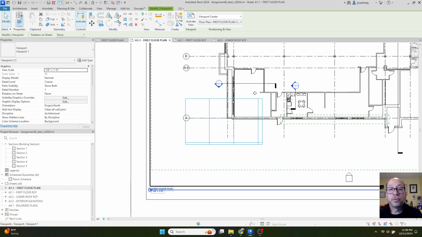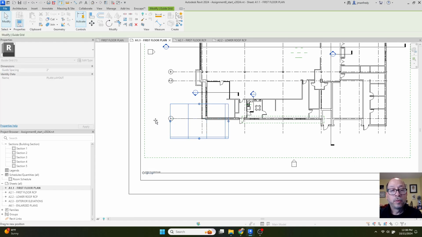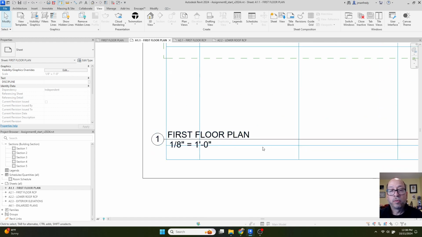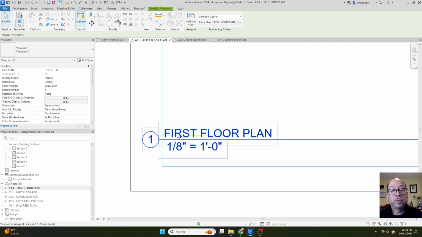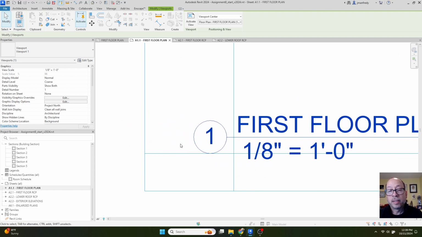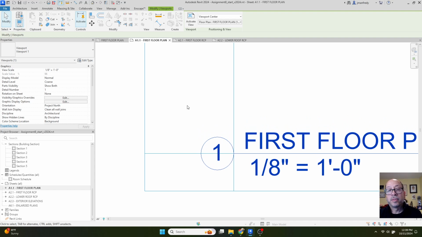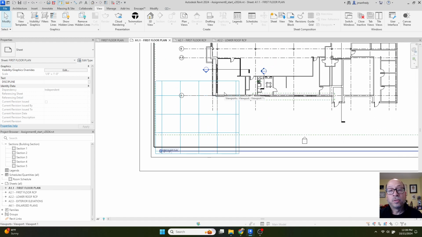So the idea is to get the floor plan in alignment with the guide grid. And I'll also take it one step further, and I'll use it to locate the title block here, for example, here at the bottom. And let's say I want this circle here of the title block to be on that grid line right there, that blue grid line. So I'll click on the title block, and use my arrow keys, holding Shift with the arrow keys to move it over, or without Shift, it moves it more slightly. And I can move it down here, for example, and get an alignment set up. You can't use snap in this case. But the guide grid was able to locate the corner of the floor plan using column grid A1